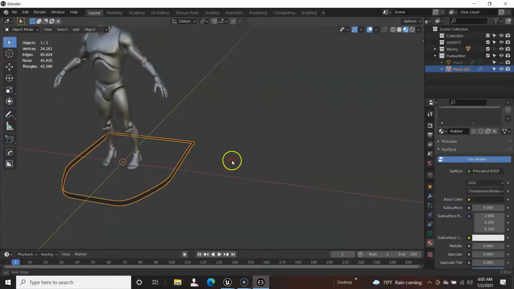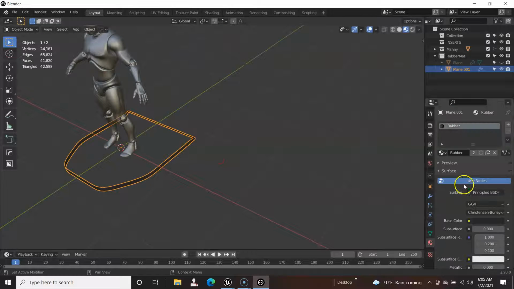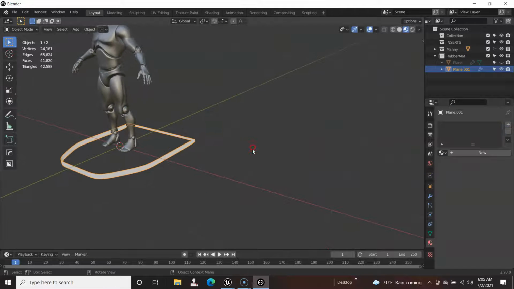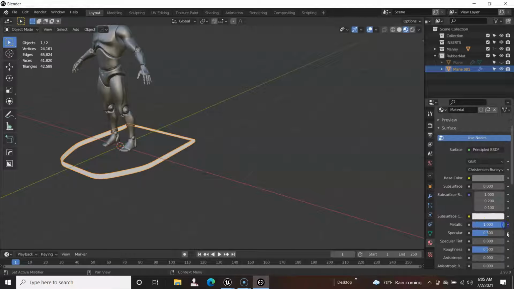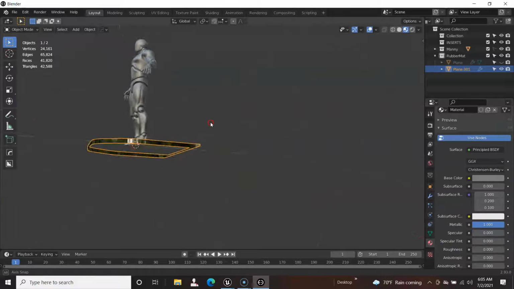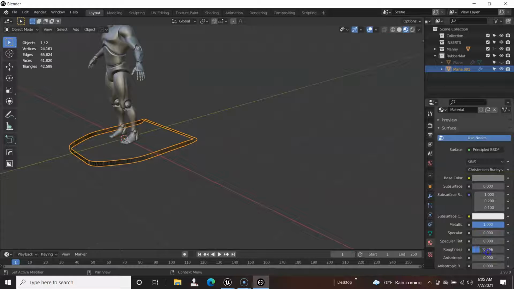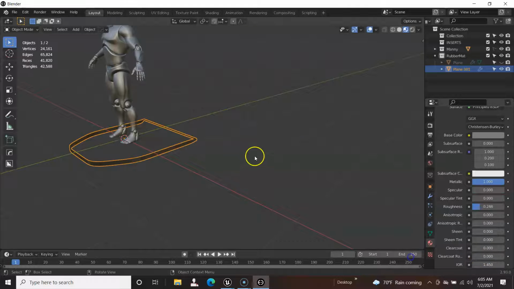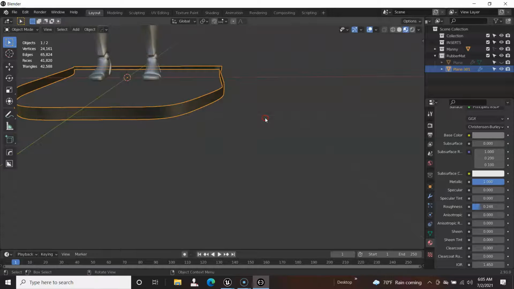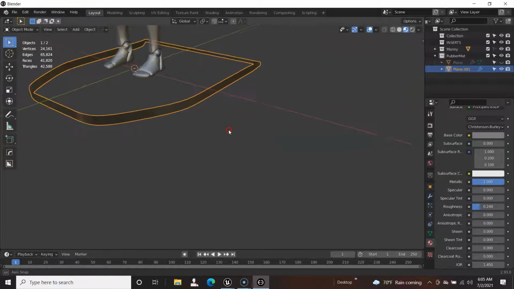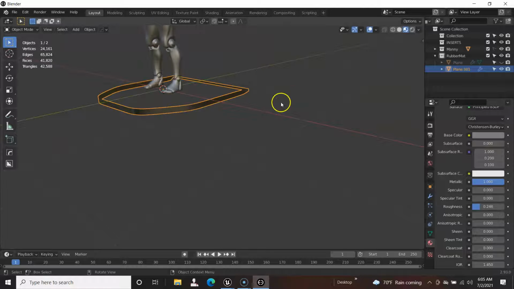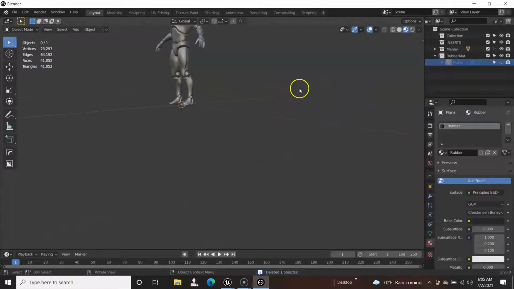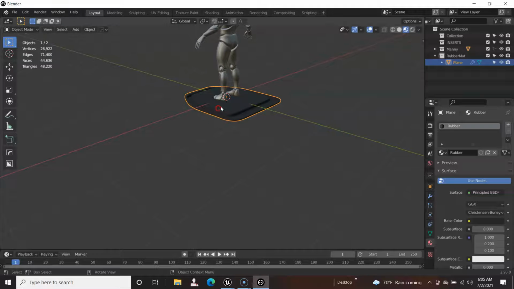So I think I just delete that. But not before creating a metal to go with. So new material, rename it metal, make it a metal gray, turn metal up to 1.0, specular off, roughness, I think I'm going to 0.2 on roughness, sheen 0. Yeah, that's a good metal material, but again, the geometry in the back is trash, so I know I probably, yeah, delete it. I go back into our original plane by Alt-H